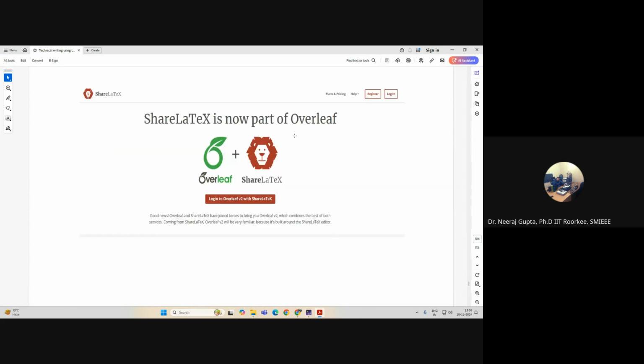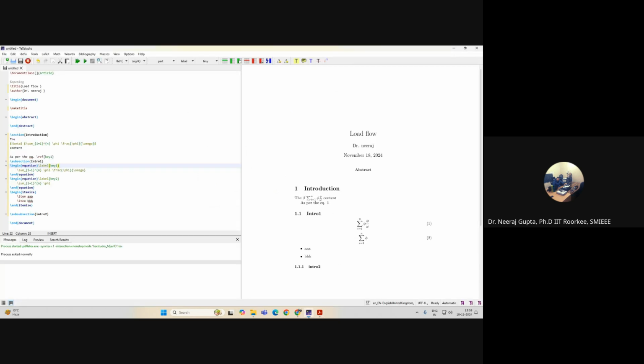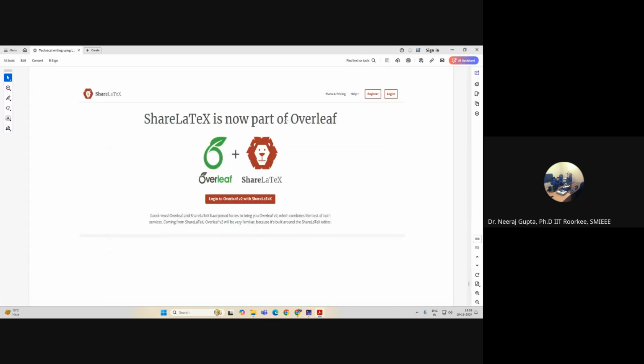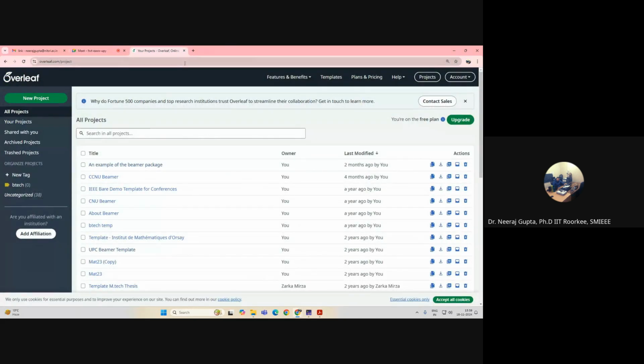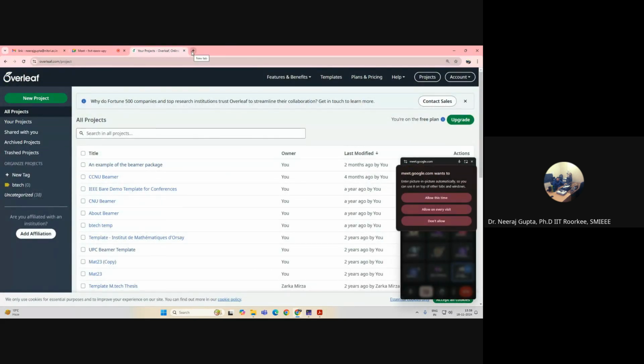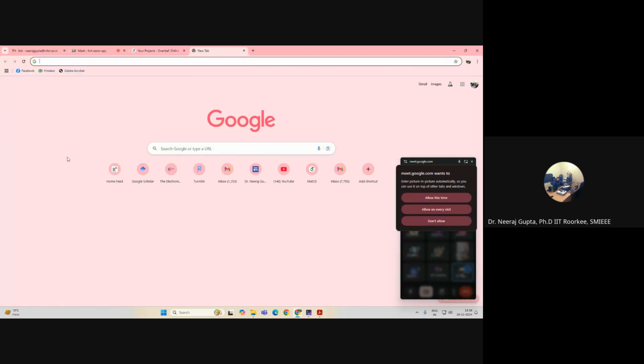One more thing is that I am using TeXstudio for writing my document. However, if you are new to this, then you can start with Overleaf. Overleaf is actually open source. I will tell you, it is open source software that is available. So if you see,